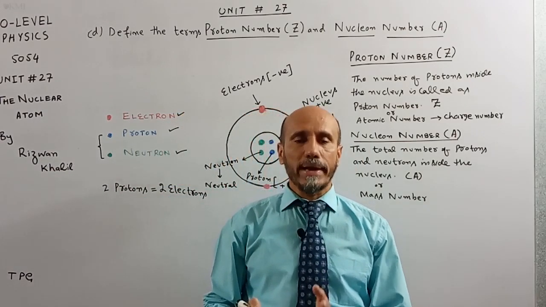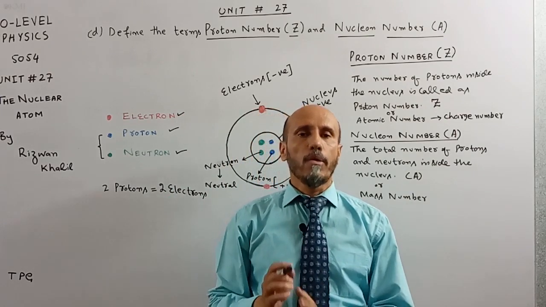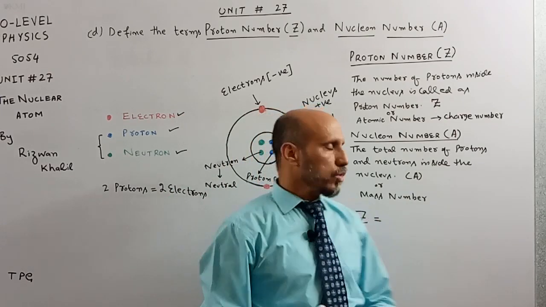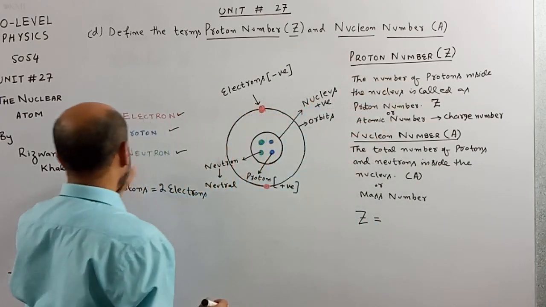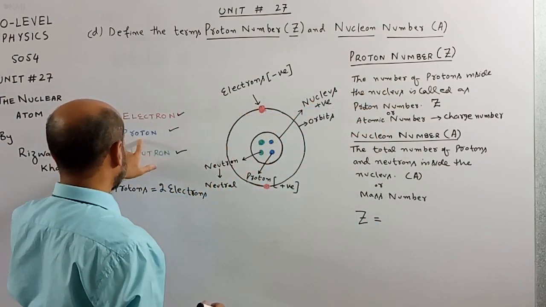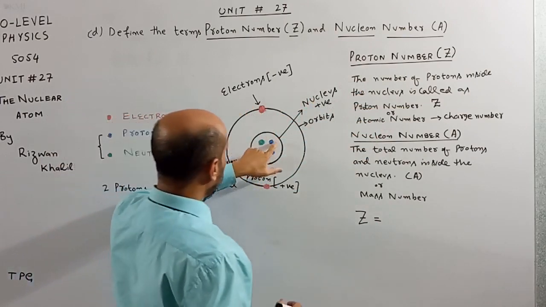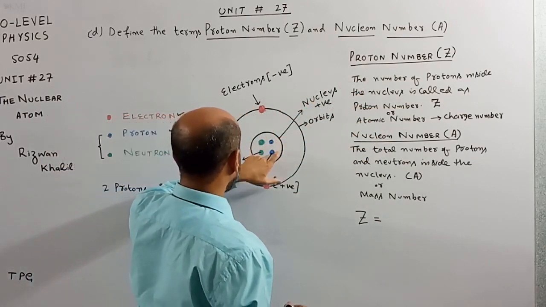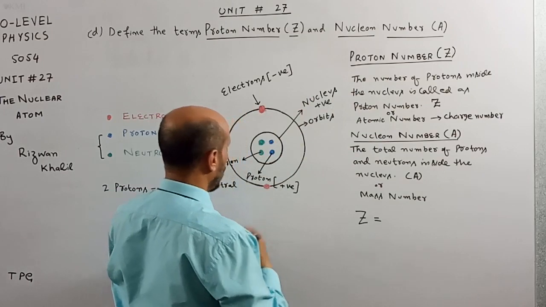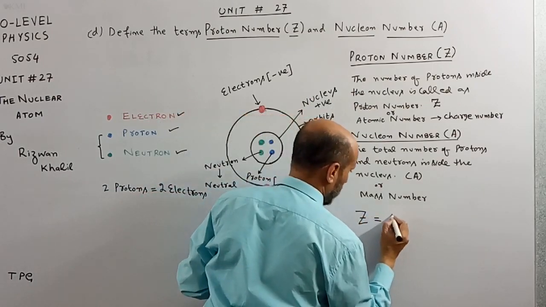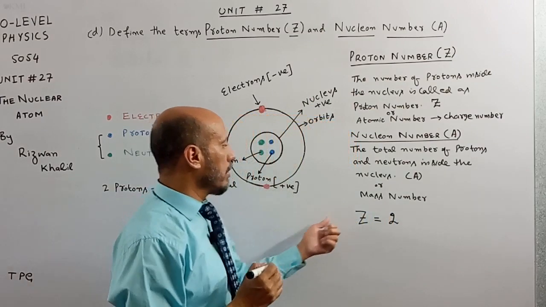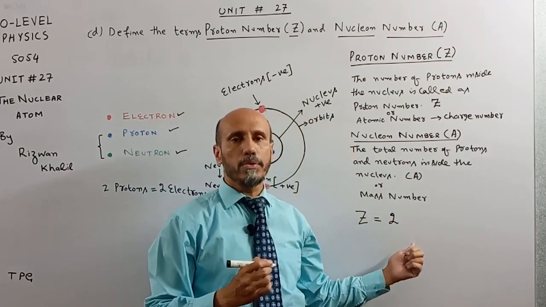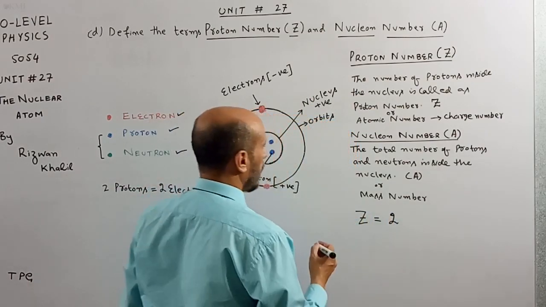If we do not write this, no marks will be awarded. So Z stands for number of protons, and here blue color represents protons. How many blue circles were there? 2. So according to this example, proton number or charge number or atomic number was equal to 2,